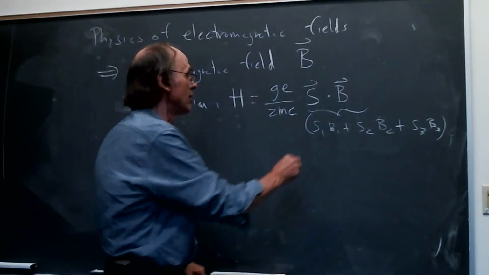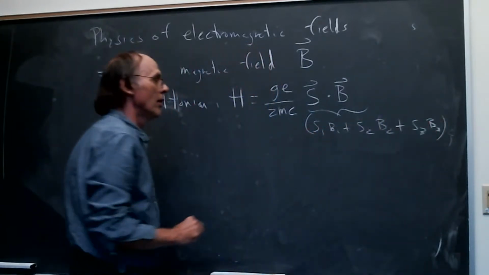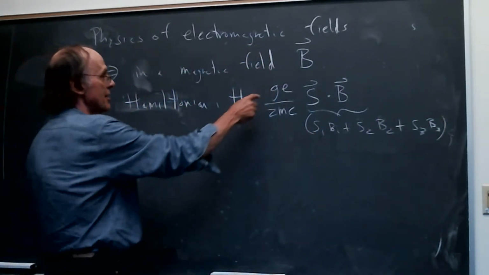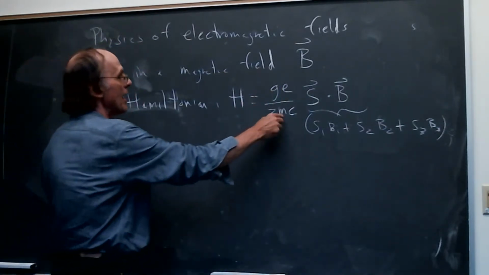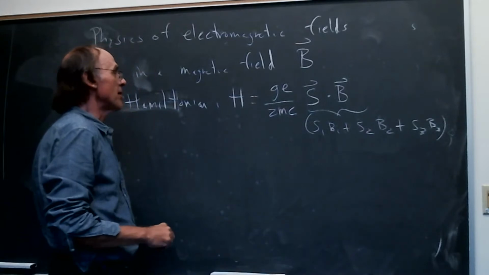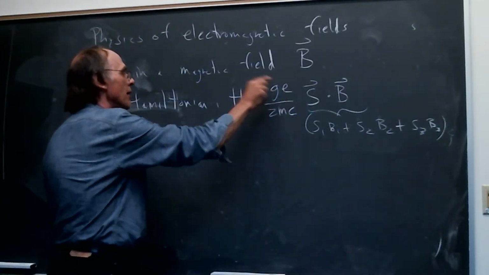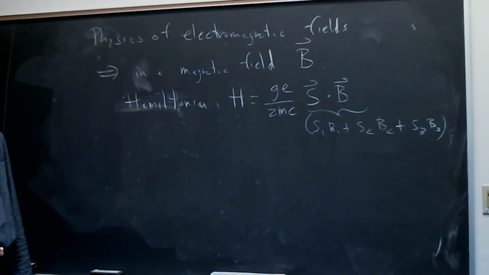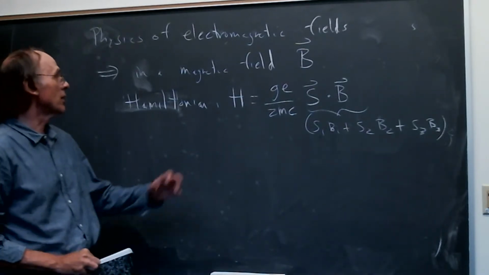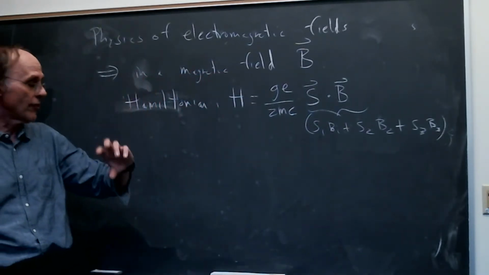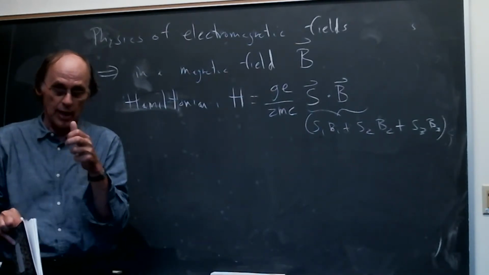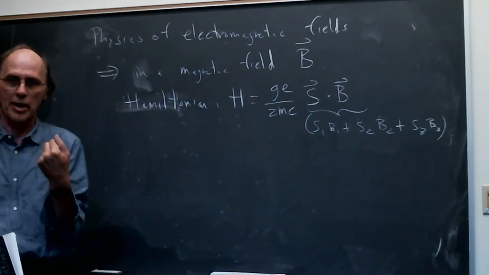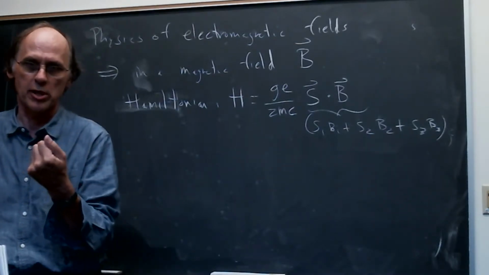Remember, this is a linear combination of 2 by 2 matrices. These are just various physical constants, including the mass and the speed of light. But all this is really saying is that if you've got a spin 1/2 particle, you put it in a magnetic field, and it's heavy enough so you don't have to worry about its motion,